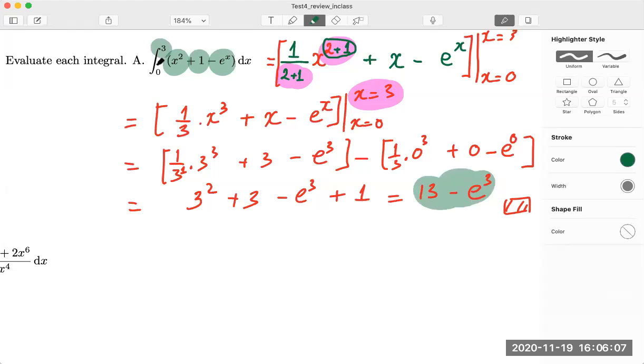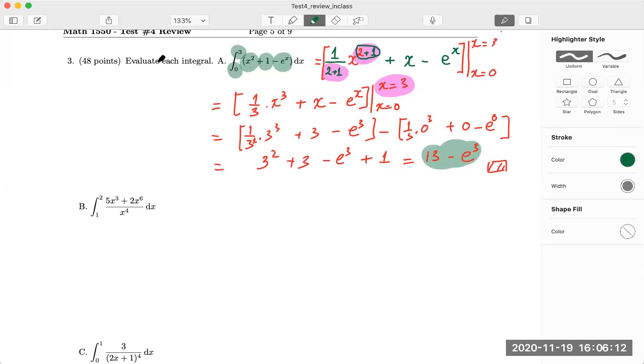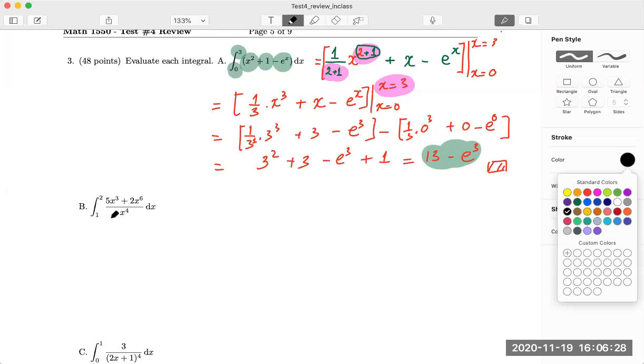Do you have any questions? No, sir. Very good. So now let us continue with question B here. Now look at this. This is a quotient, right? Looks complicated. Can we make it simpler? We can use